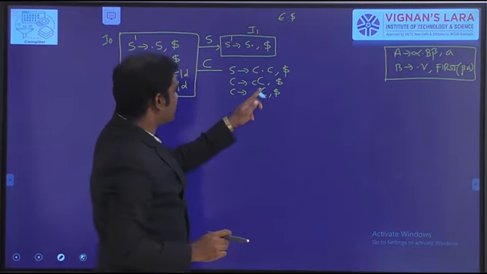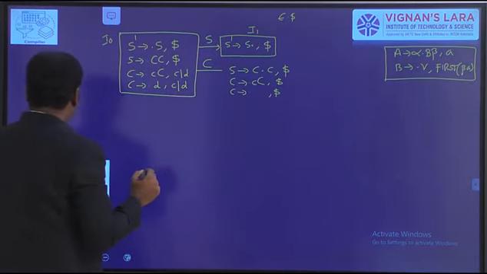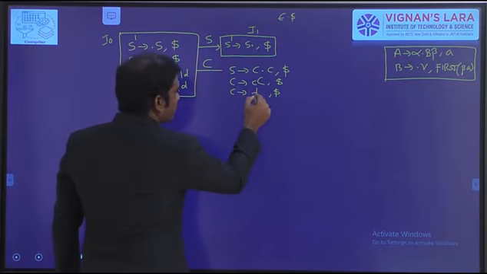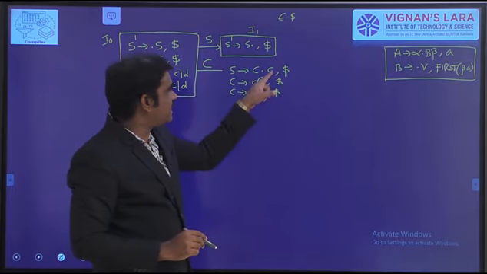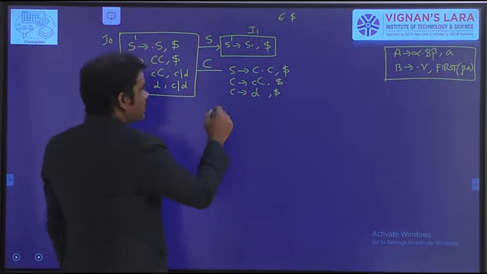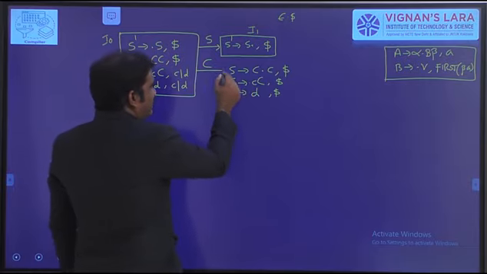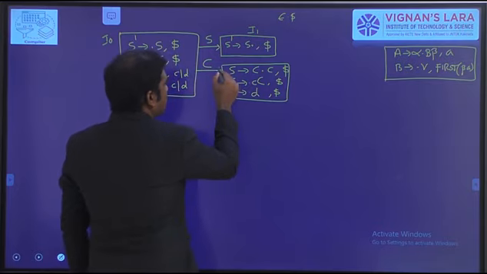So the second production is C to dot d, and the lookahead symbol is first of beta A. Here beta means epsilon, A means dollar. Apply that formula. Now the dot is followed by a terminal, so there is no need to add any new productions. So this is I2.